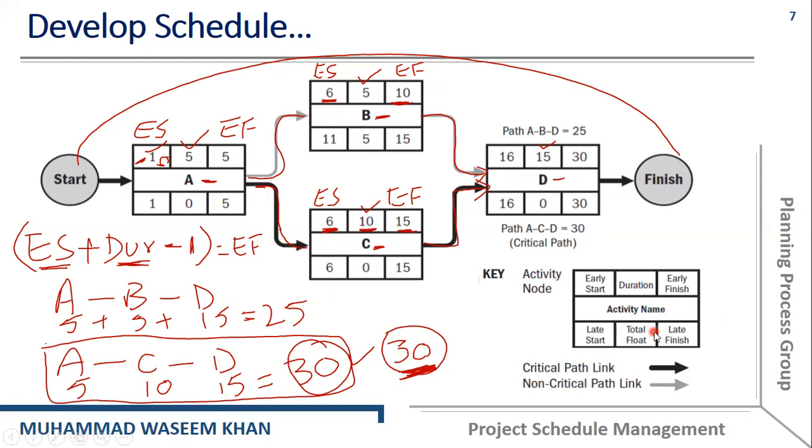और टोटल फ्लोट या स्लैक मैंने आपको बात की थी, तो स्लैक के लिए हमारे पास दो फार्मूलाज हो सकते हैं या टोटल फ्लोट के लिए, वो ये है कि लेटेस्ट फिनिश माइनस अर्लीस्ट फिनिश या लेटेस्ट स्टार्ट माइनस अर्लीस्ट स्टार्ट। तो दोनों में से किसी एक रूल को आप यूज कर सकते हैं, दोनों से सेम ही वैल्यूज आएंगी। अब अगर लेटेस्ट फिनिश से मैं अर्लीस्ट फिनिश माइनस करता हूं तो जीरो वैल्यू आ जाएगी,